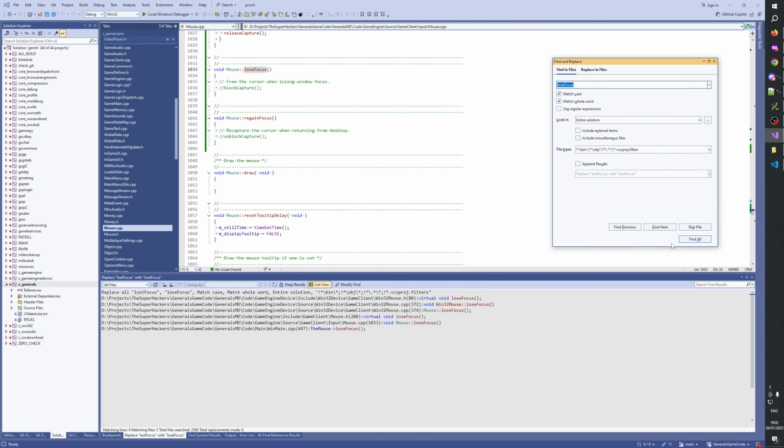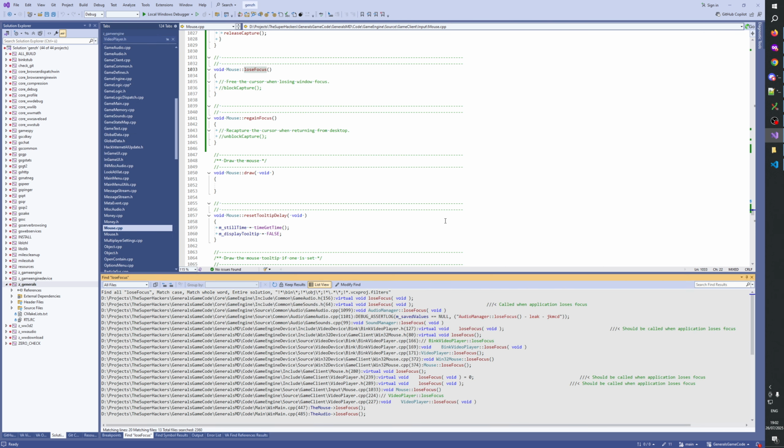Lose focus. Audio manager, sound manager. These are also virtual.